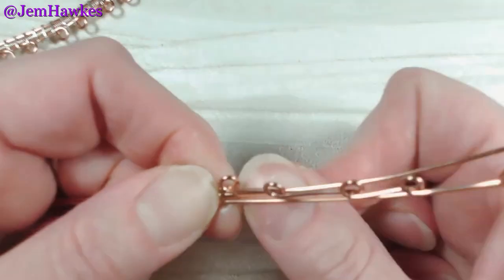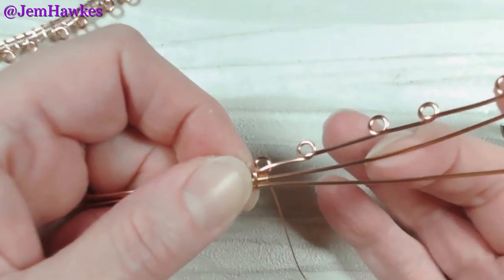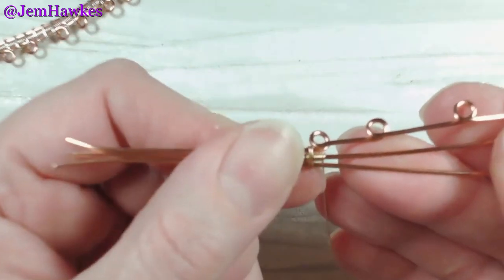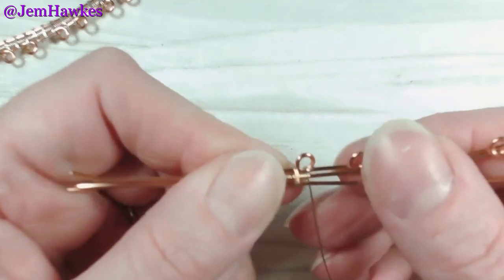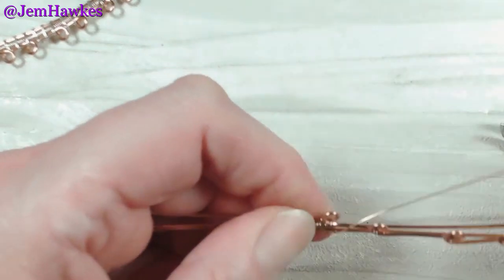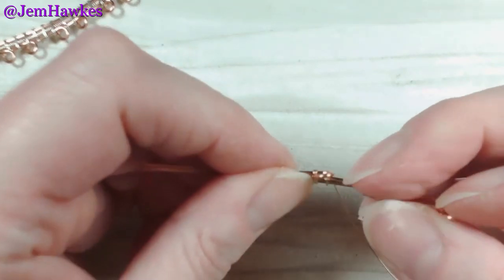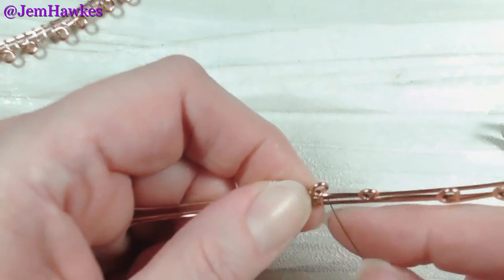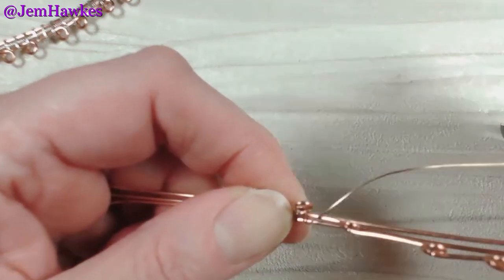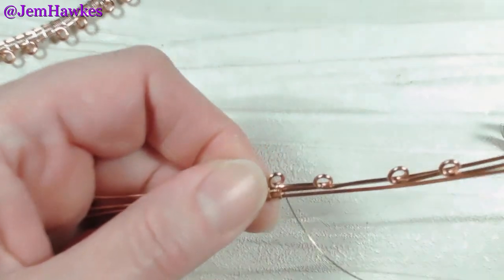Let me just bring that back one. That's better. So I've got 5 wraps around that middle wire. Let's make sure that's completely in the light. And I've taken the tail underneath so that when I now wrap twice around all 3 wires, can you see how that snuggles inside the looped section? I'm going to bring another wrap around all 3 wires, scooch that up so it's nice and neat, and then